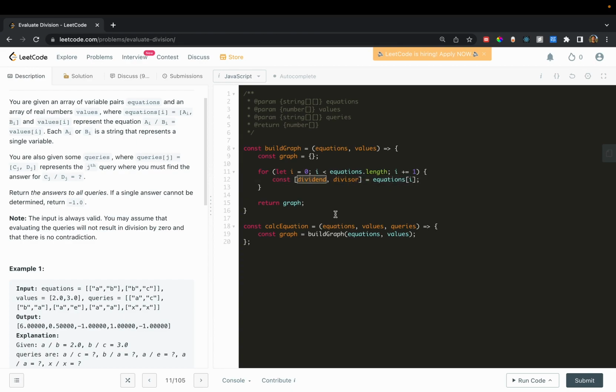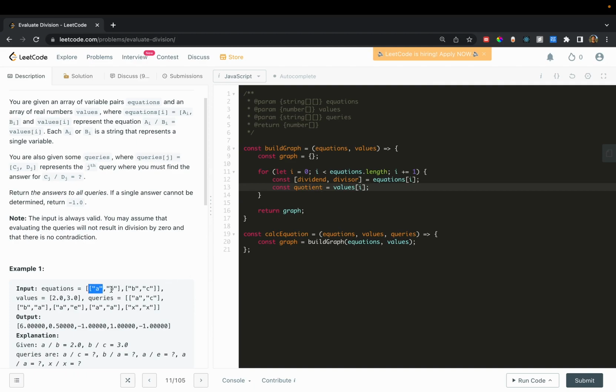So dividend means the thing on the top of the fraction. Divisor means the thing on the bottom. And then we're also going to grab the quotient, which is the result of doing dividend divided by divisor. And that's just going to be values at I. So for an example, if we focus on this right here, we'd have dividend equals A, divisor equals B, and